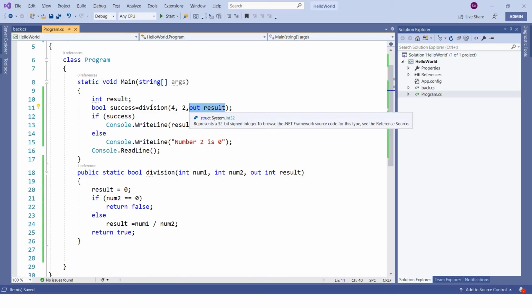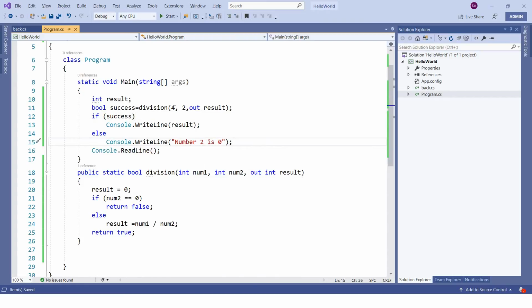With this out, the caller is ensuring that they are aware that the variable they are sending will get modified by this function. That's why the caller has to mention out if the function has an out variable. So just keep that in mind.